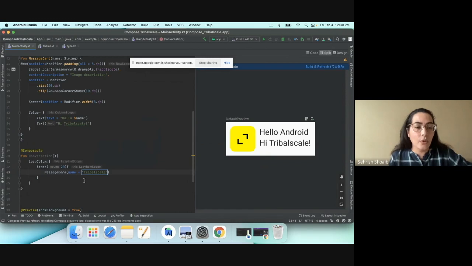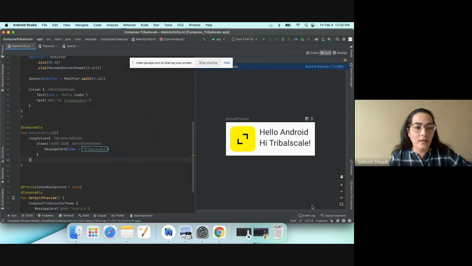Okay, so what this is doing is, before I build and refresh this, I'm just going to show that we just had to define this tag called lazy column. Within that, we are defining our items and passing in any kind of function that we want to have, basically the layouts that we want to be displayed in these lazy column. And when we refresh this,